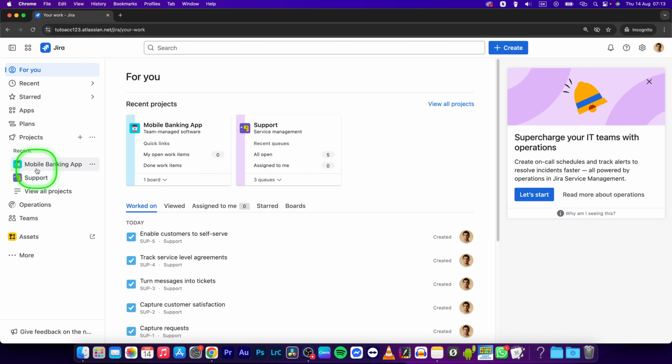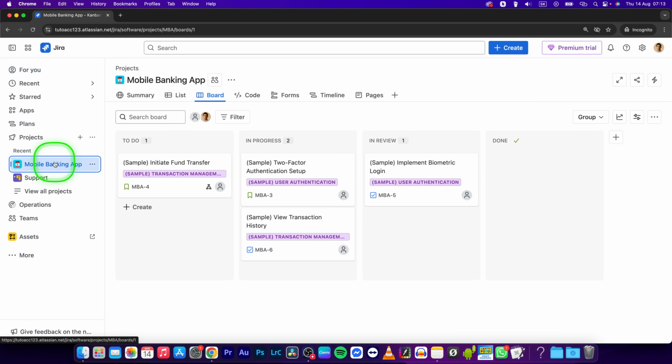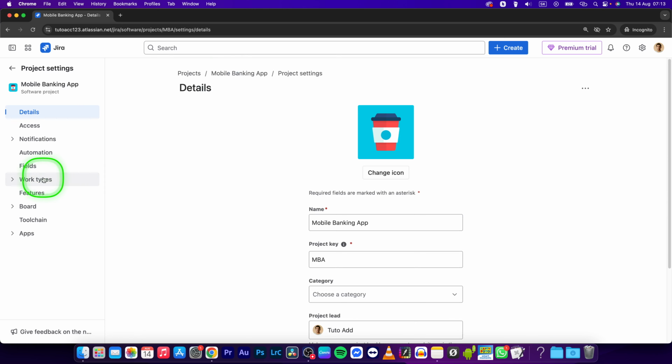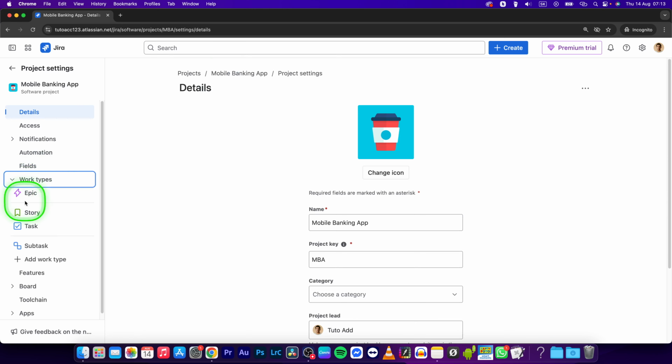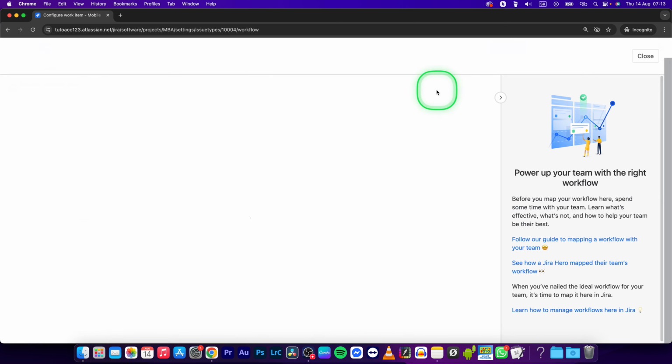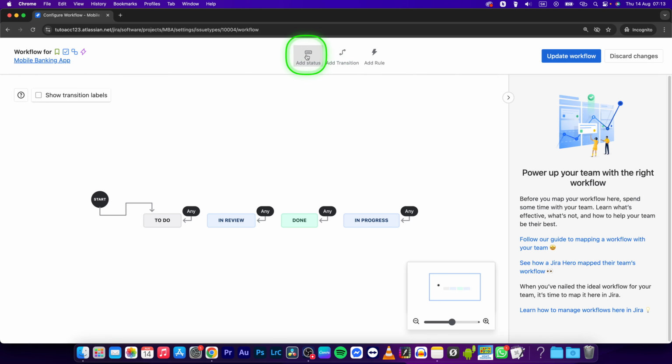So first open up the project where you want to add the status, then simply click on these three dots and navigate to project settings. Here choose work types in this left menu and click on the work type that you want to change status of. So in my case it will be story, and now select edit workflow and click on add status right